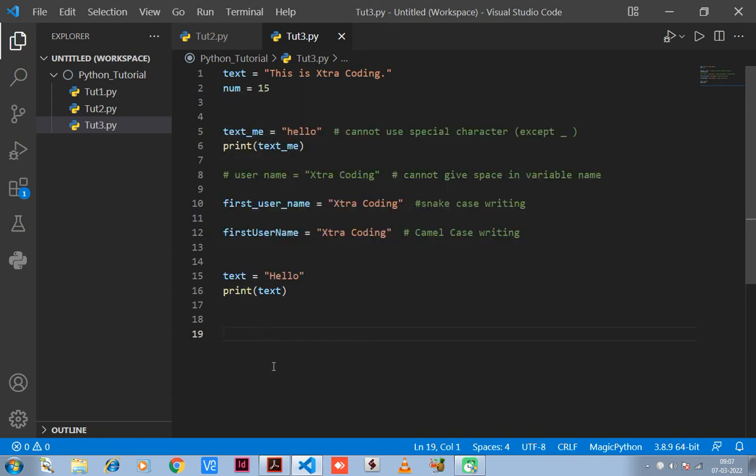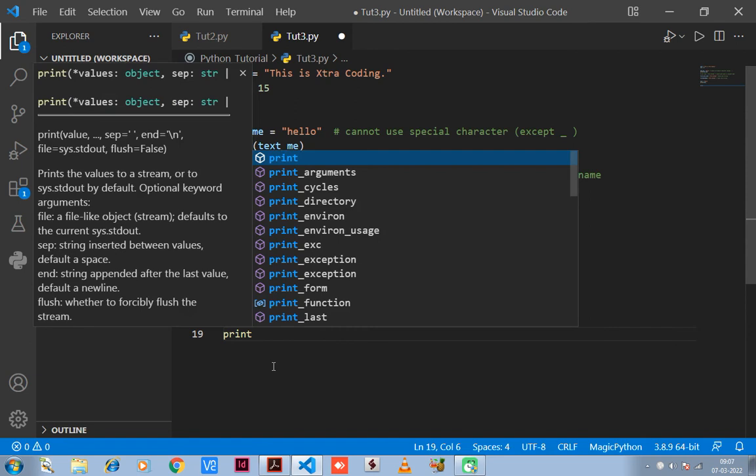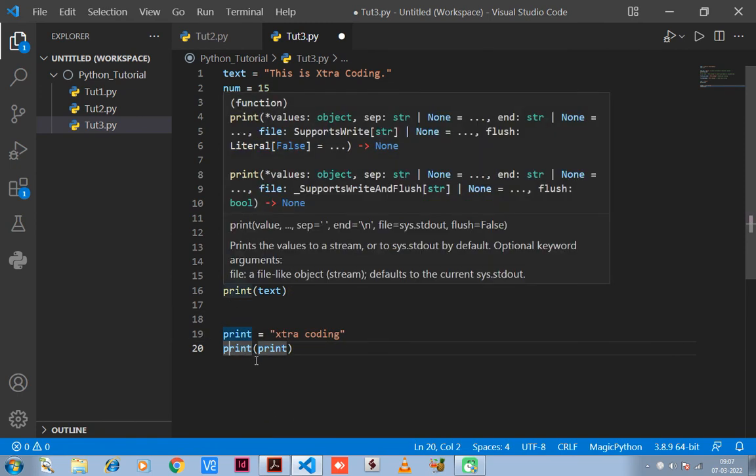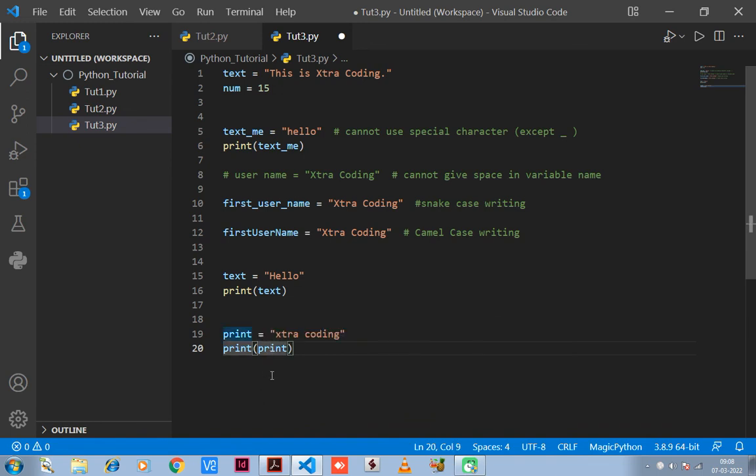So if we use print as a variable name, print equals extra coding, and now if we print this print variable, print, so what have we done here? This print is the function, and this print inside the parenthesis is the variable name. If we run it,